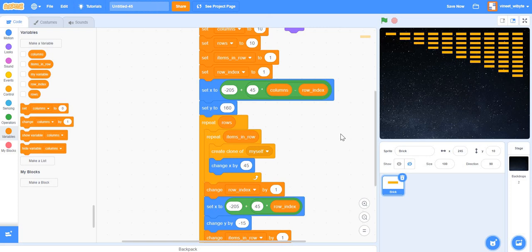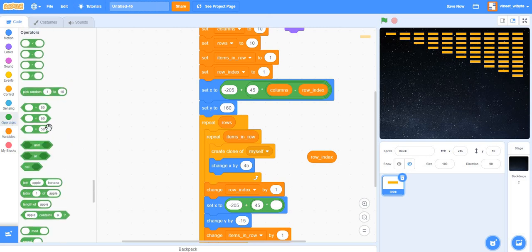What we are doing is that for the first row, remember, I want my brick to be built somewhere here, which means my x should be far away, right? Now, as my row index keeps increasing, I want the x to keep on coming to the left side, because I have 1 item here, I have 2 items here, and so on and so forth. So I should change the starting point little by little as the row index is increasing, and I want it to move left, right? That's why I have columns minus row index, right? And I'll do the same thing on this one, and we'll see.